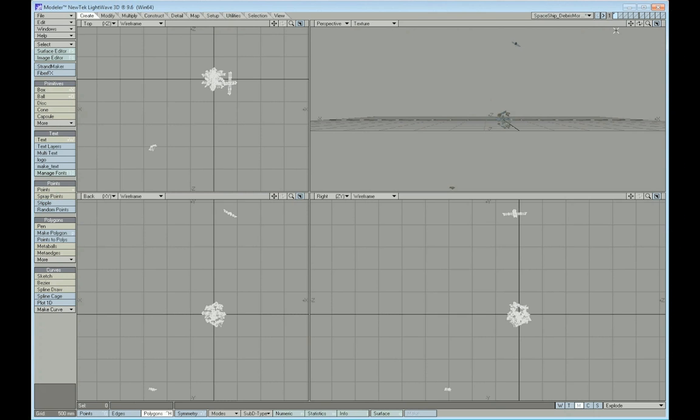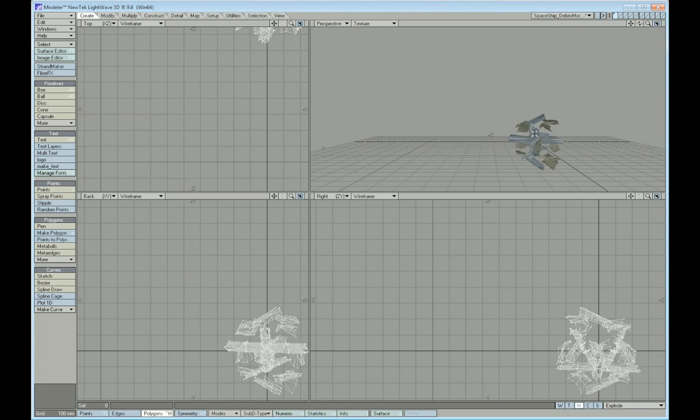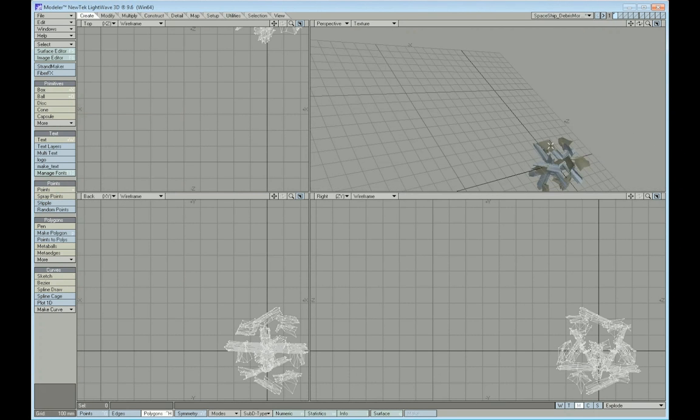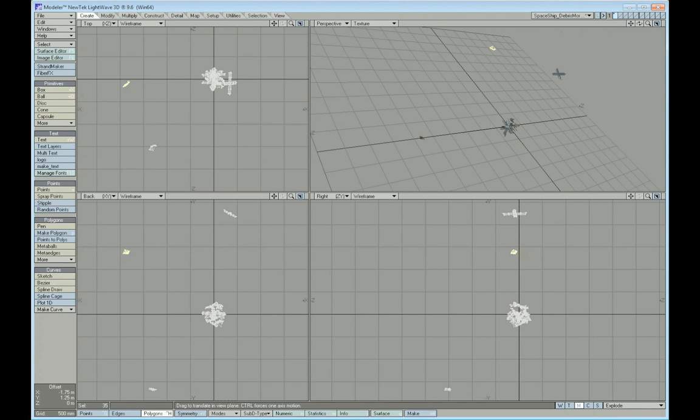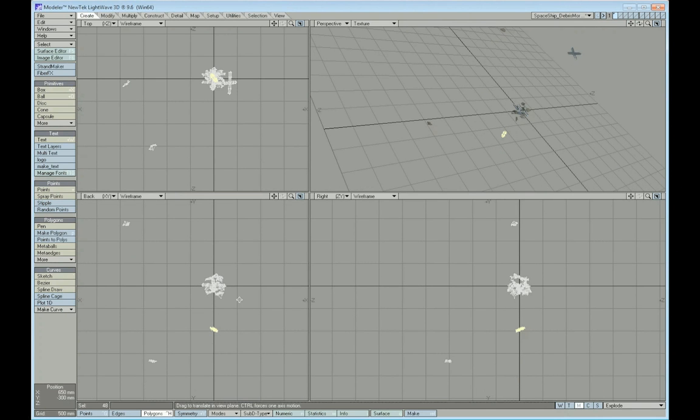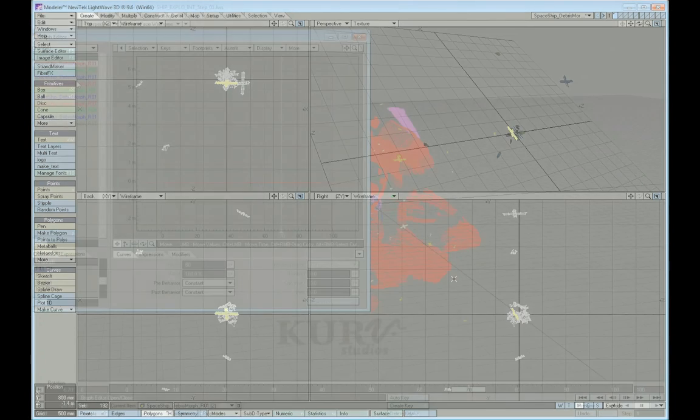And if you're having a hard time seeing it in top view like I am, you can always grab individual pieces in perspective view and then move it out. One thing I want you to notice, though, is that these pieces that I'm grabbing, all I'm doing is translating them. I'm not actually rotating them. I'm not making any deviations to the orientation of the geometry. There's no rotation going on. There's no jittering. And the reason for that is that I want to keep these pieces of geometry